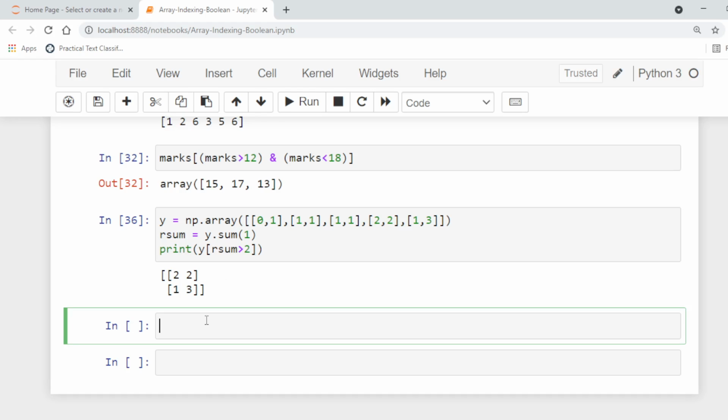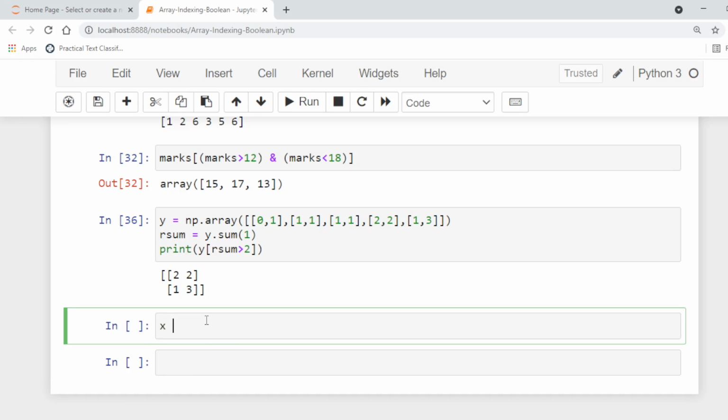Let's say, for example, selecting all entries from an array which are not a number. Normally NaN, not a number, is used to declare numerical missing values in the data.